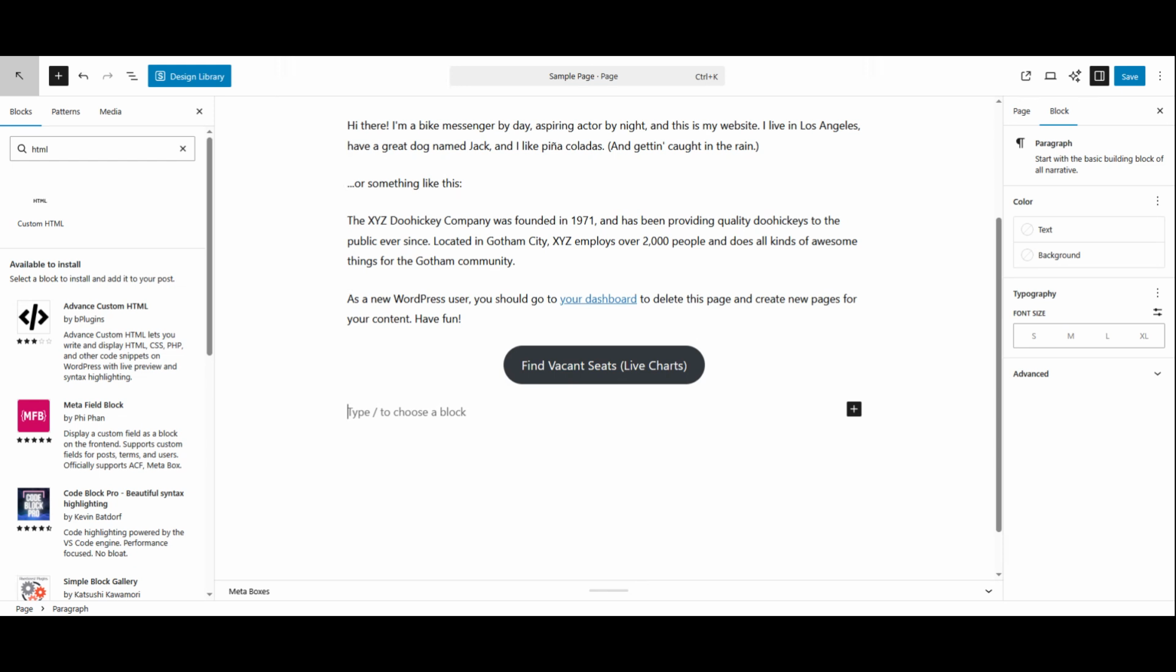Once everything looks good, click Update if you edited an existing page or Publish if this is a new page. Your visitors can now directly access the IRCTC online charts page from your website and check vacant seats easily. And that's it. You've successfully set up a quick way for users to find vacant seats using the IRCTC app